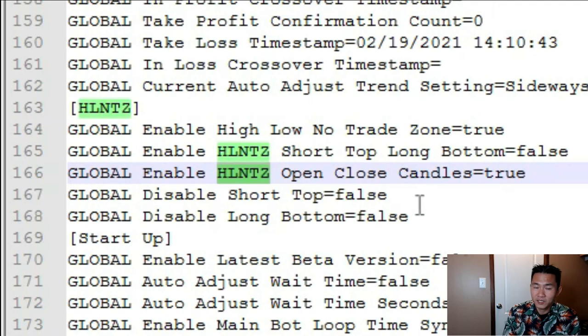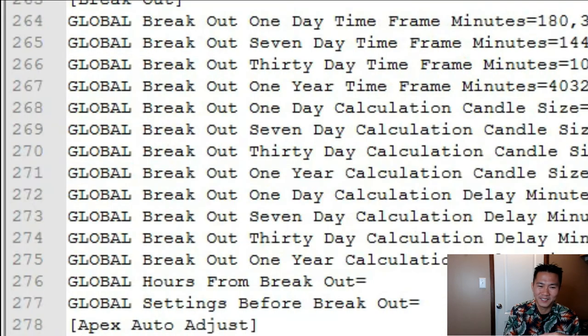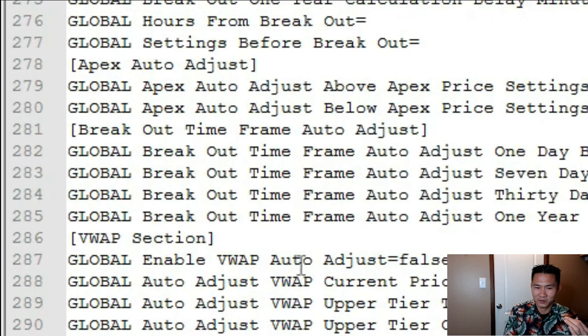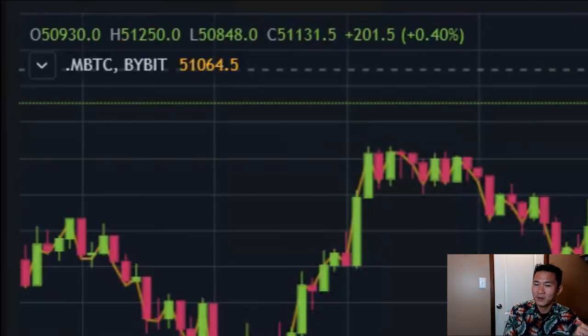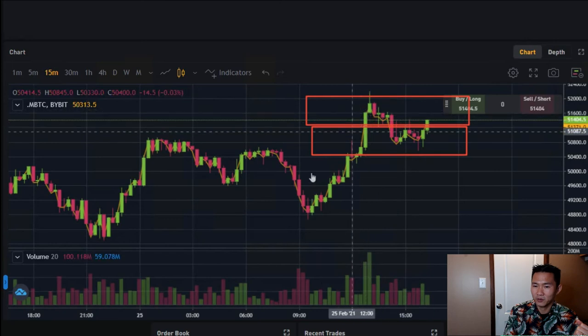Okay. Now all of these settings are auto adjustable because I know that settings change all the time. And markets change all the time, and we have criteria to auto adjust these settings so that they're always dynamic, always morphing and moving depending on the price action, depending on the trend, depending on if you're going to hit a breakout, depending if you reach your goal, maybe VWAP something, you can change all that. Based on these auto adjusted settings, which we'll talk about in a later series. So that way this could be possible too, where whatever you define,